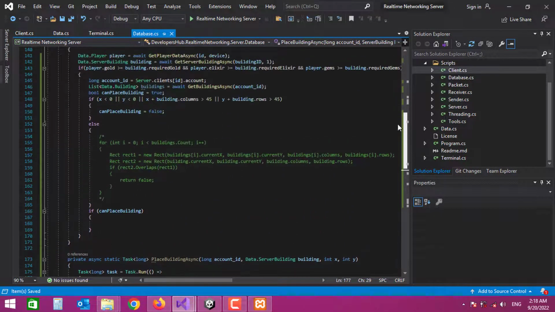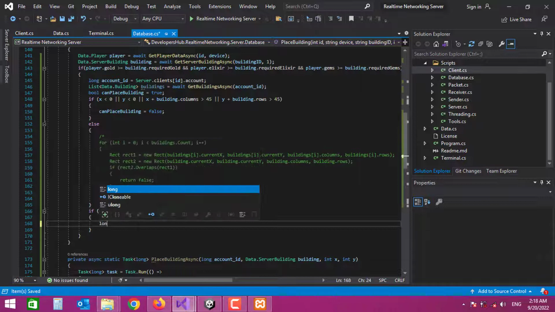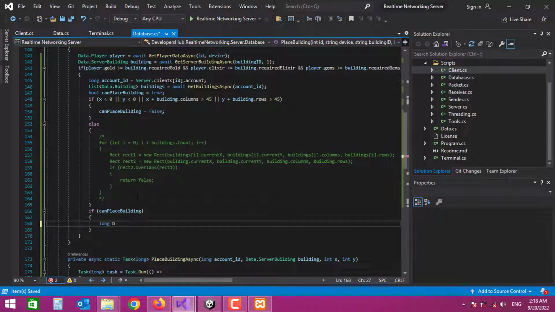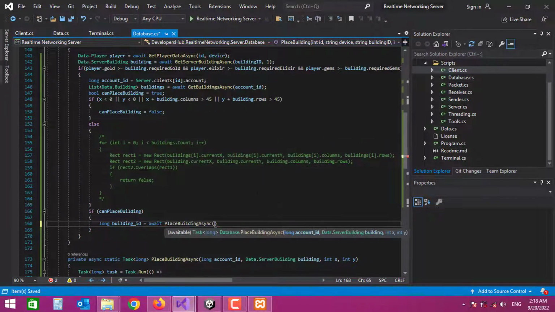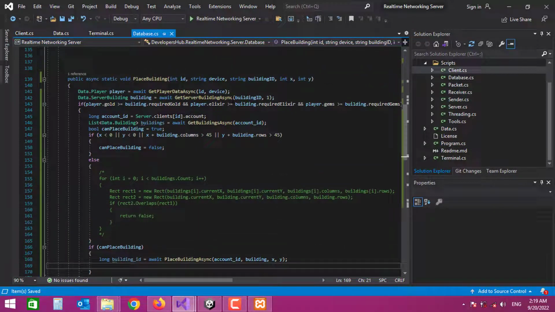And let's go up here, and we're just gonna say building ID equals to await place building async. We're gonna pass the account ID, building X and Y, and at the start of our place building function